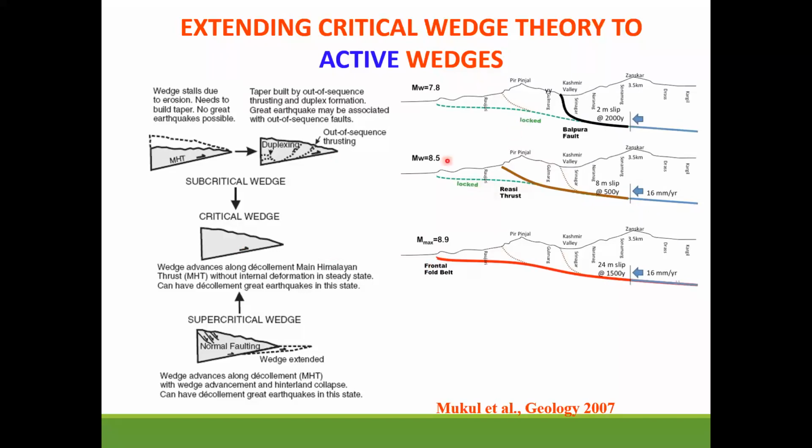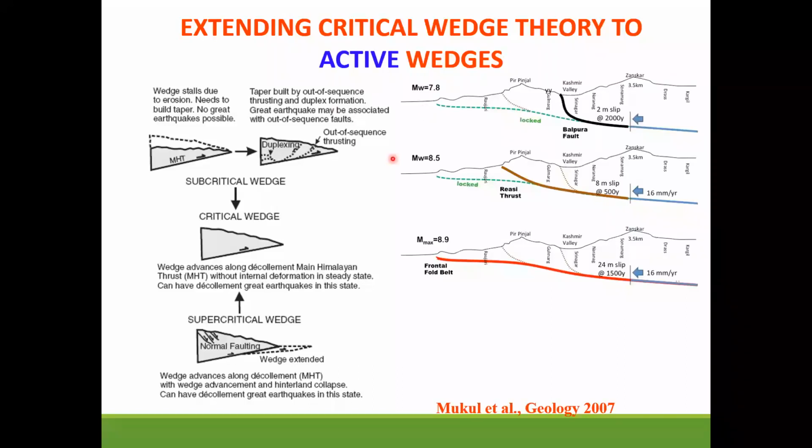Although you could get a large earthquake if you have this intermediate step where you don't reach all the way to the front, and then you reach that, you need a high energy situation. And out-of-sequence typically generates lower earthquakes. This was the Kathmandu magnitude approximately. So that basically didn't drive the slip a whole lot forward. So you can connect both of these and then use this critical wedge theory from geological all the way to GPS scales.